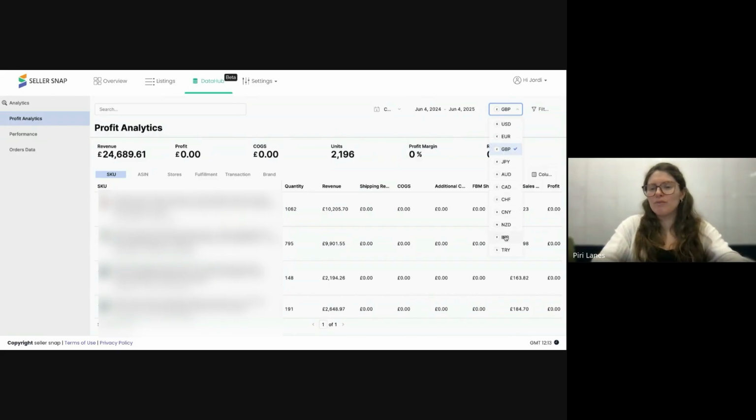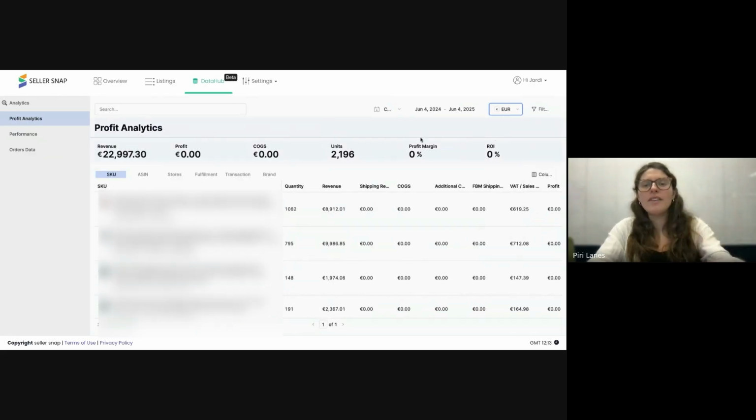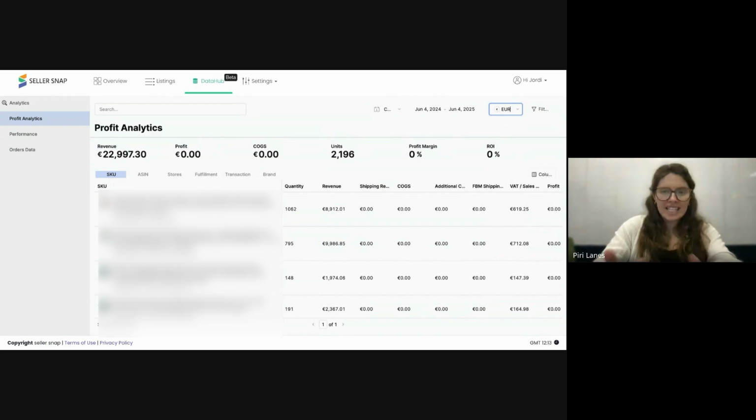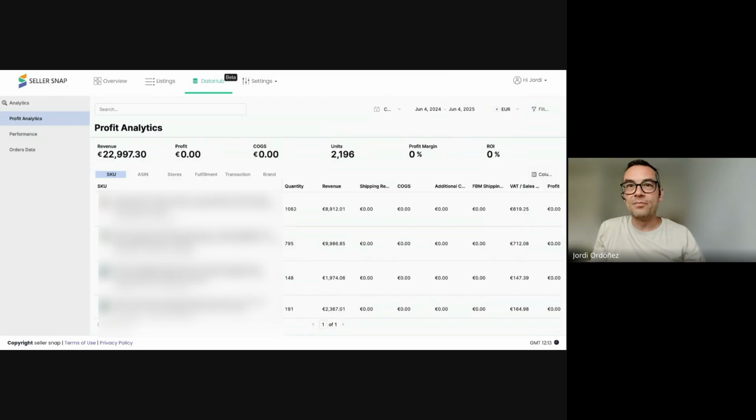You can play around with it, which is really helpful for users who are selling in different marketplaces. It aggregates and does the correct currency conversion for that day, and does the math correctly. For European sellers, that's a must.